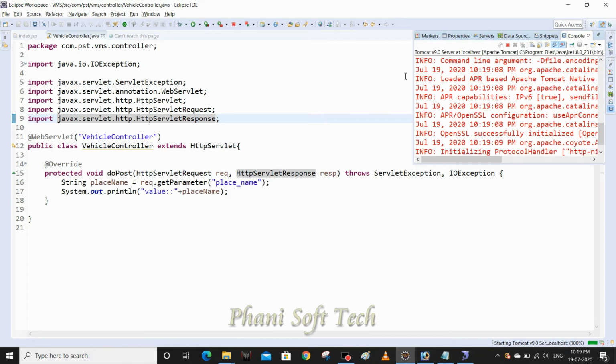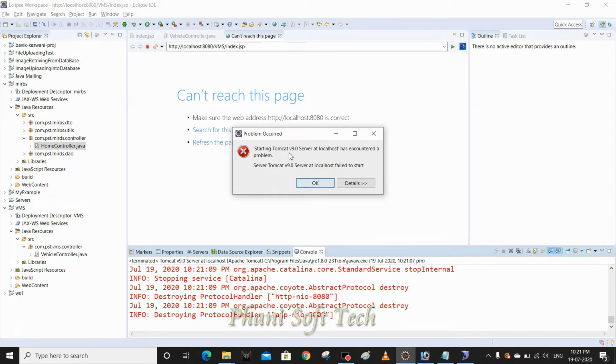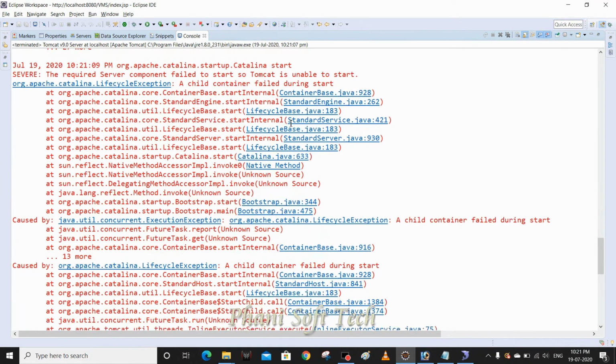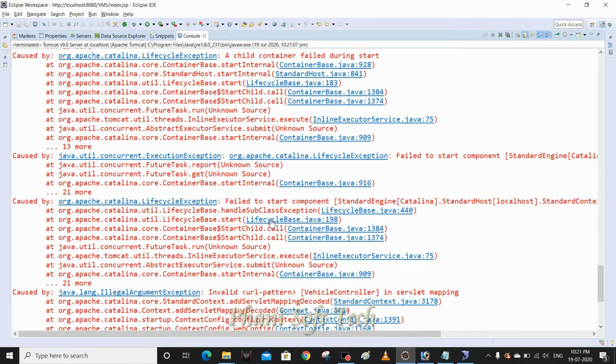We'll see. The Tomcat localhost failed to start. Localhost has encountered a problem. Okay, let me check and fix this. So we have exceptions here. What is the issue?